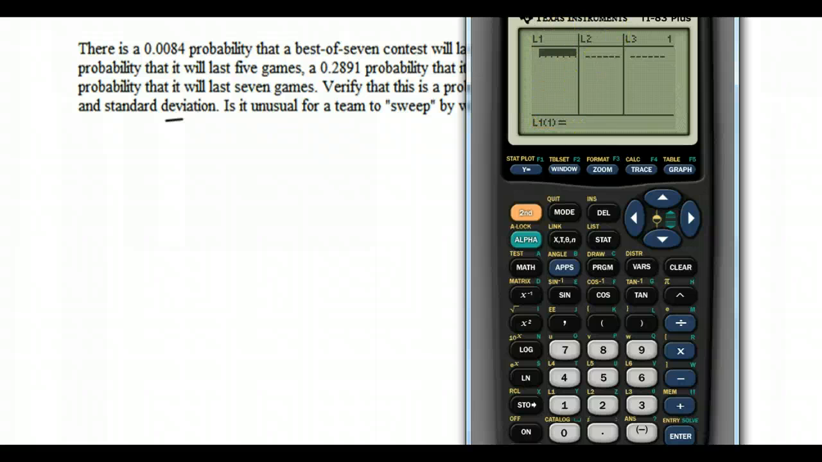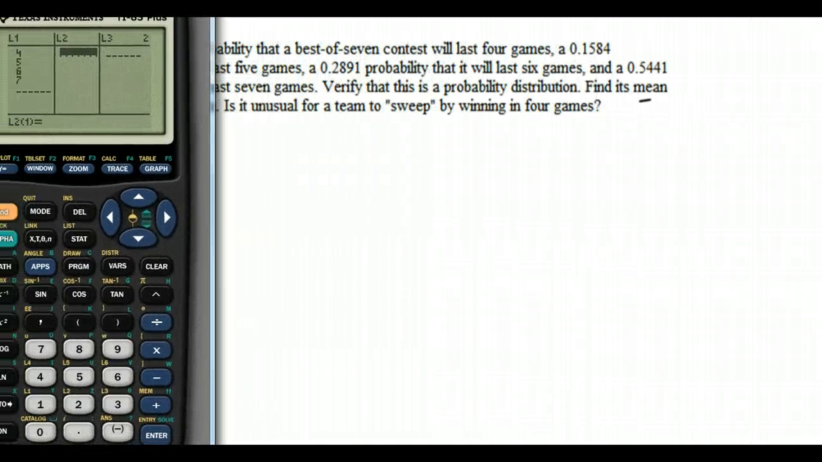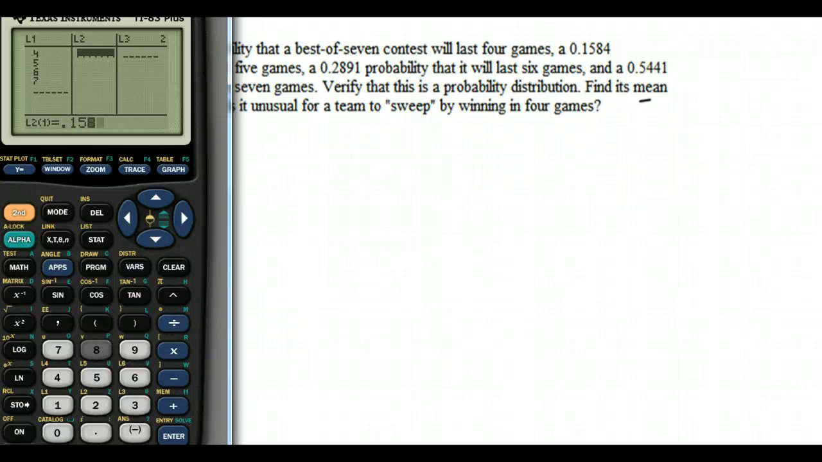Okay, so a 7-game series has to go 4 games if it's best of 7. So it has to go at least 4, 5, 6, or possibly 7. Those are the 4 possible values. Okay, and then the probabilities that it goes 4 games is 0.1584, 5 is 0.2891, 6 is